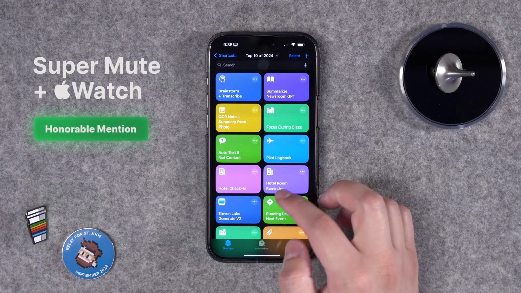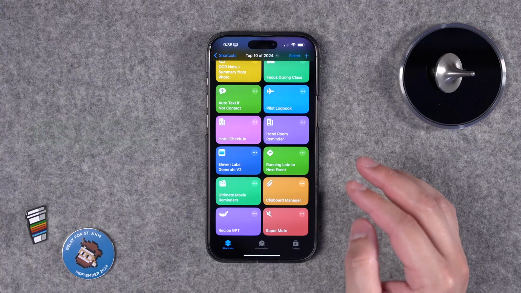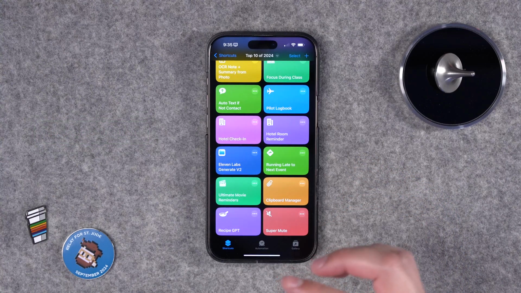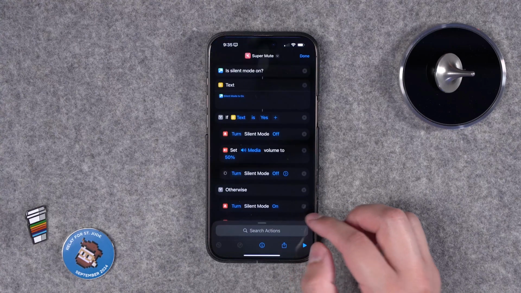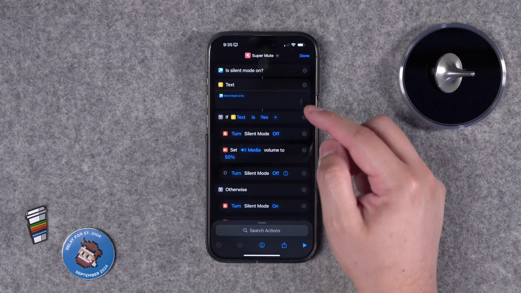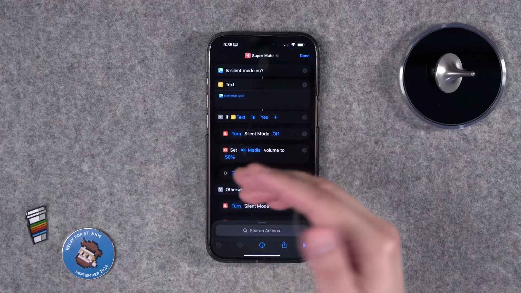The first is from David Finley, who says he loves the shortcut where you can mute both your iPhone and your Apple Watch with a single automation. And I've adjusted it even further. So now I'm going to include this link down in the video description along with all the shortcuts you're going to see today. And this super mute shortcut uses the third-party app Toolbox Pro, so you'll have to have this